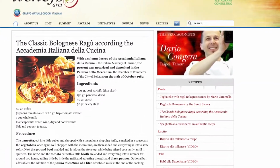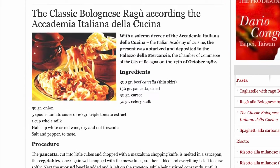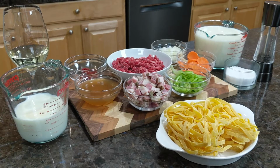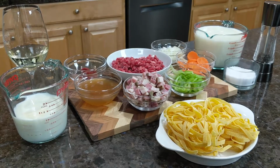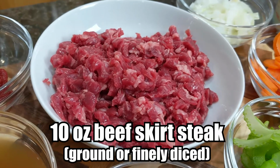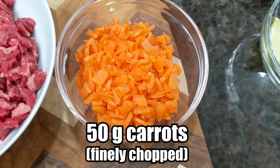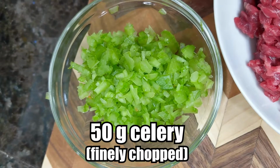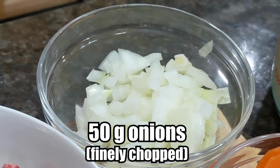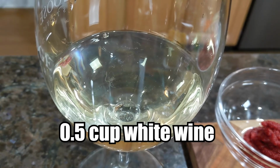In 1982, an official recipe was listed in Accademia Italiana della Cucina with the support of the Bologna Chamber of Commerce. This list of ingredients is as follows: 10 ounces of beef cartella or thin skirt steak, ground or finely diced, 6 ounces of pancetta, also finely diced, 50 grams of carrots, 50 grams of celery, and 50 grams of onions, all finely chopped, half a cup of white or red wine, here we're going to be using white,